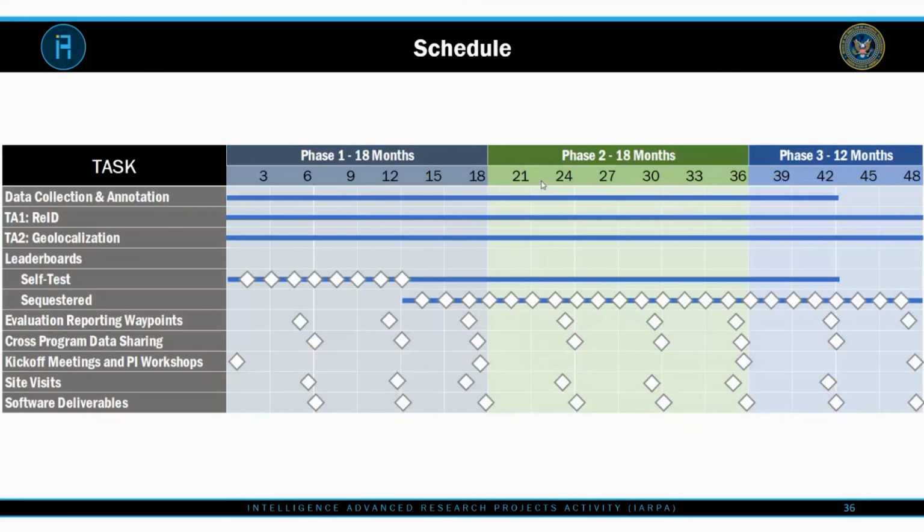There will be monthly submissions required to these leaderboards, and performance results will be reported at a 6-month cadence throughout the program. As I mentioned earlier, data will need to be shared after each of these 6-month evaluation waypoints program-wide.